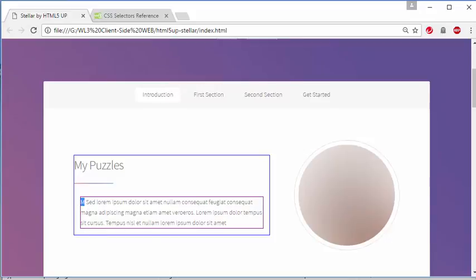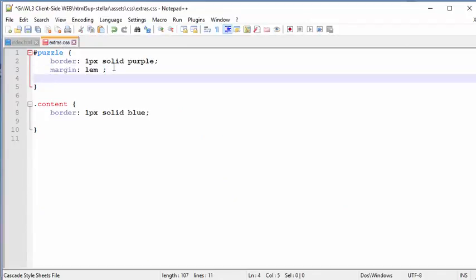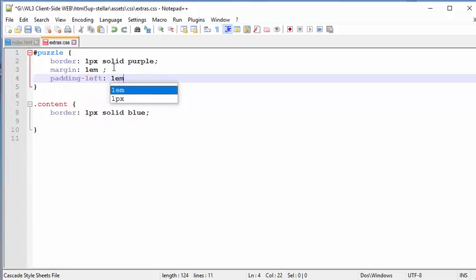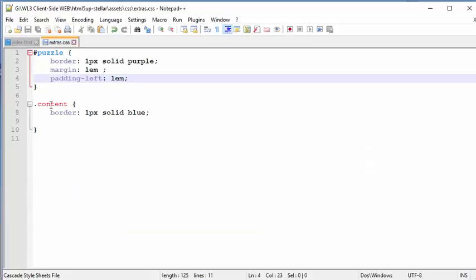So that's pretty much setting the margin which goes outside the box. So now I'm going to set the padding which will give you a margin that's inside the box. I'll just set it to the left for now, and I'll do one letter M just to the left. So you can actually do the same for the margin, just set it to the left and you'll see it's moved that in. And I might do the right as well and the top, but leave the bottom just to show you. So if I copy those and change those,